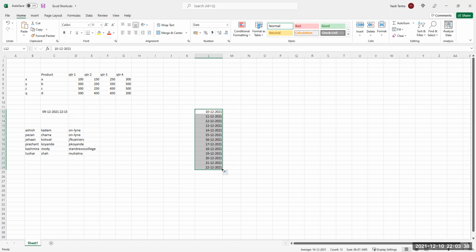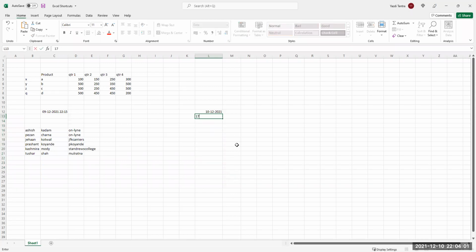But many times when we drag the date, it becomes 22, 23, 24 instead of 2021. Not really. If you tell Excel the pattern which you want, suppose you say 10th, now you say 17th, you want a weekly date. Then you have 24, correct?